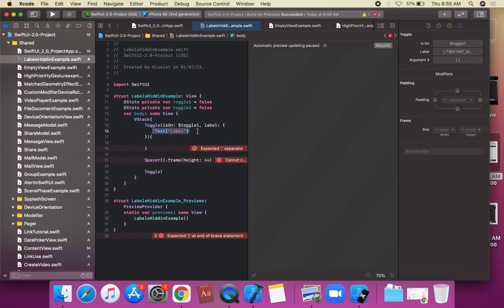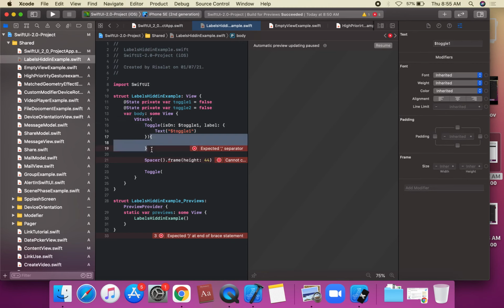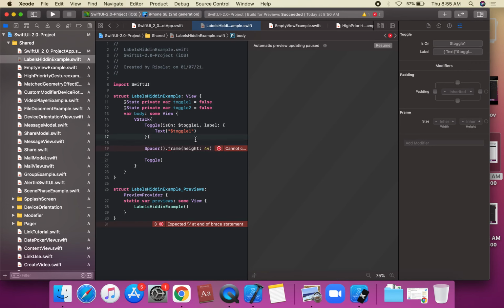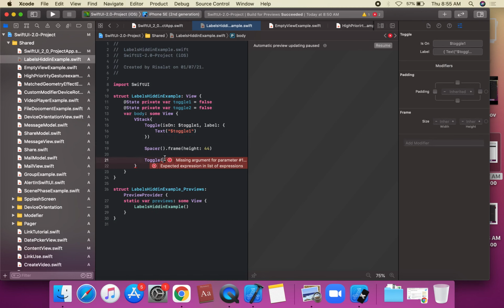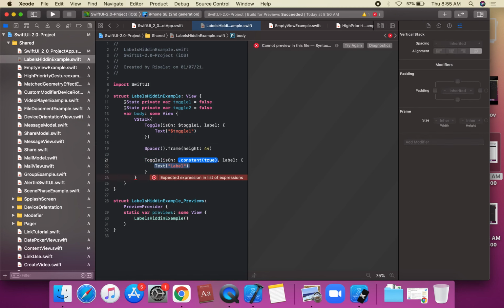Command X and Command V to move the label and remove the content. Toggle 1 with isOn, and we bind the property toggle 2.